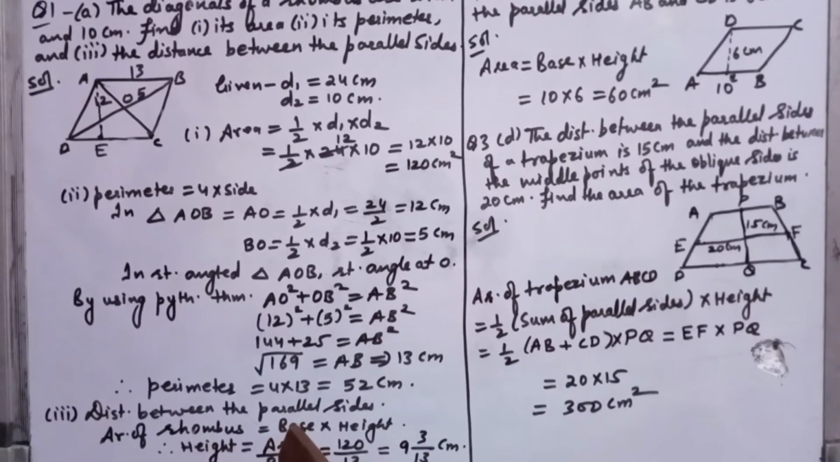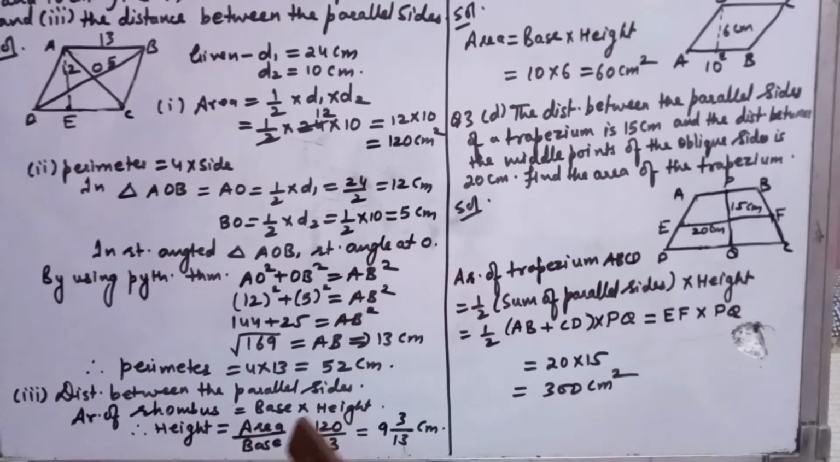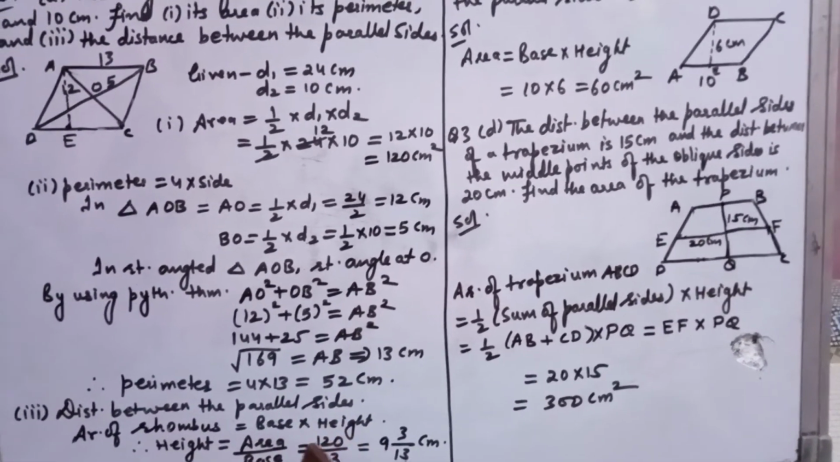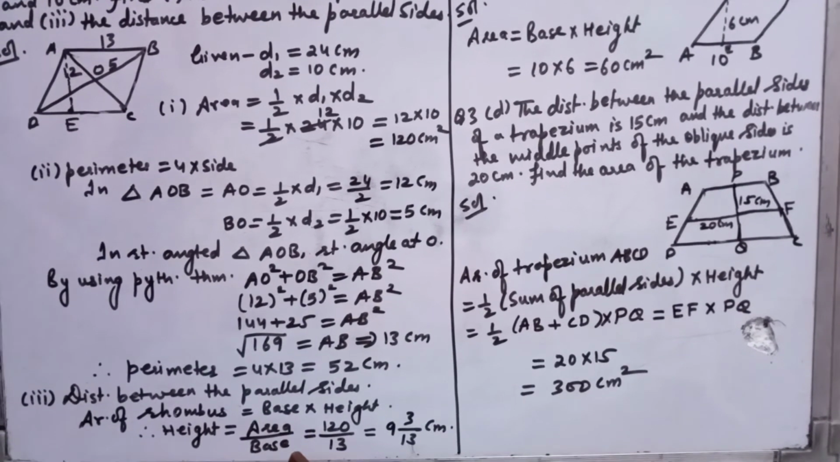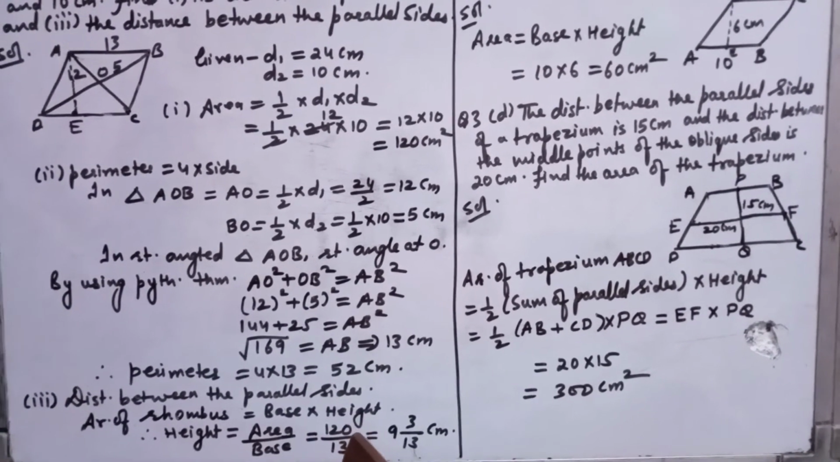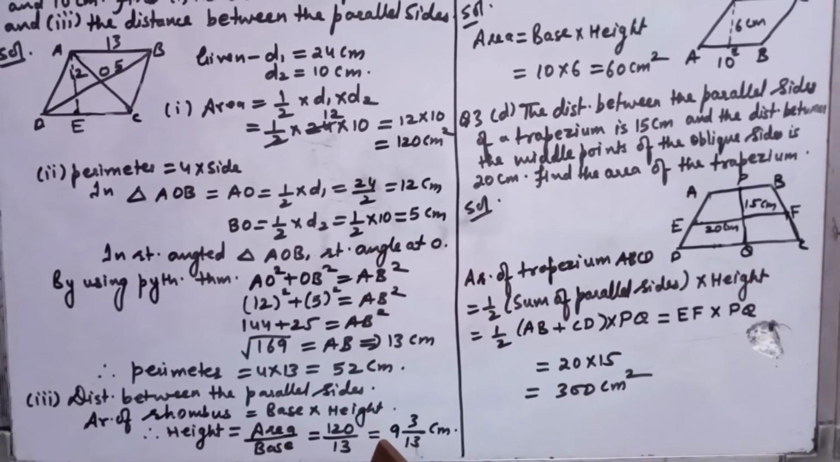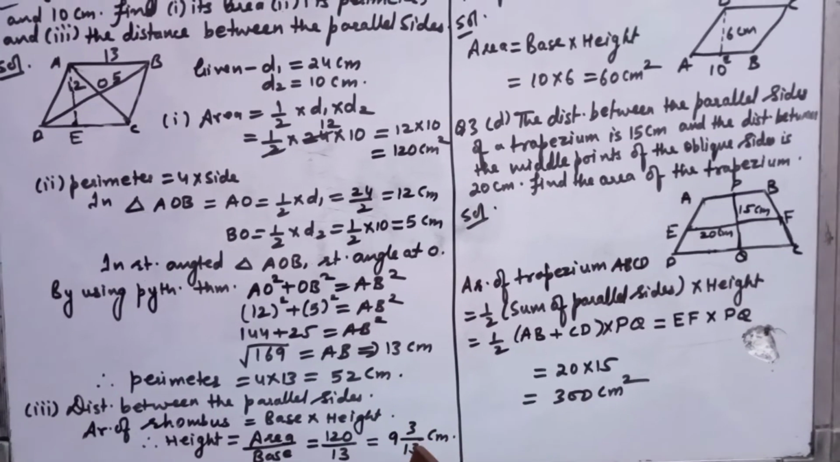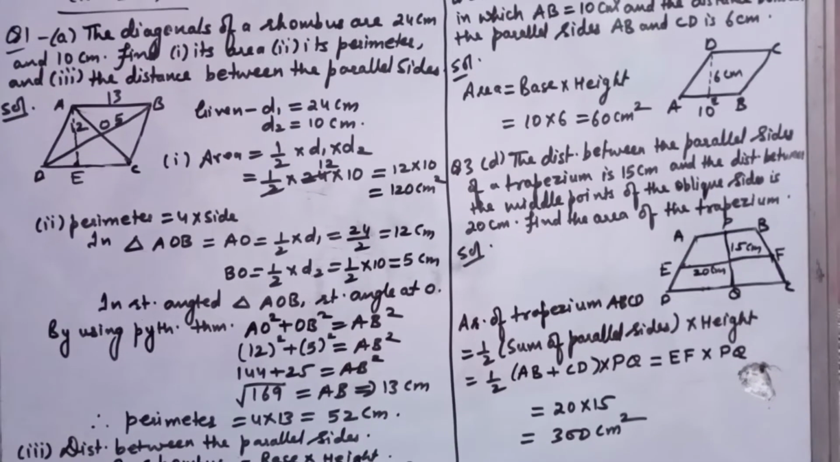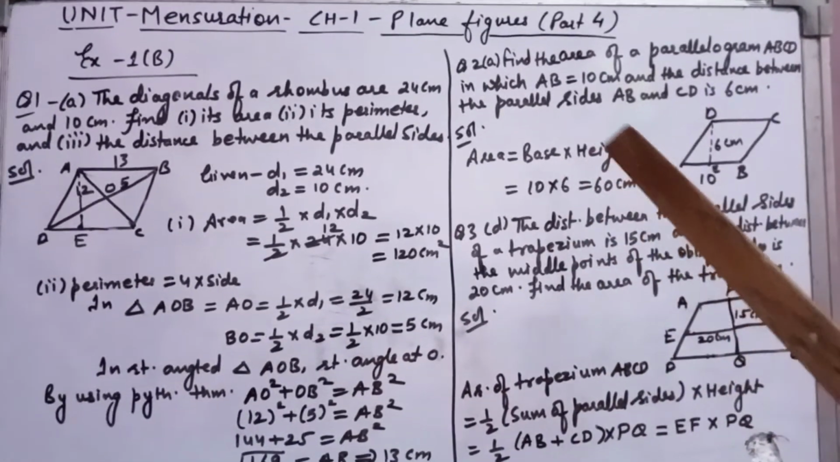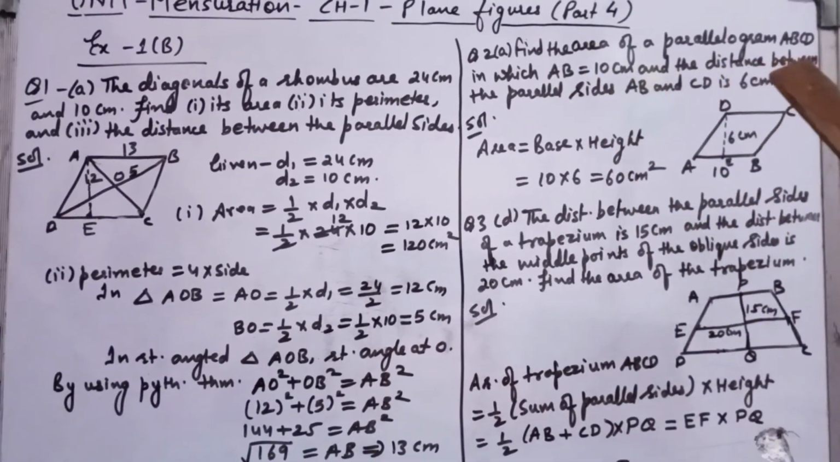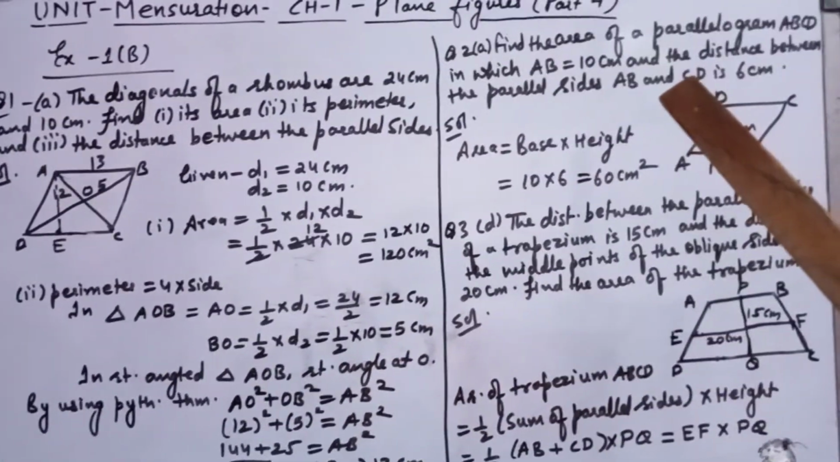And third, we have to find distance between the parallel sides. So area of rhombus is equal to base into height. Therefore, height is equal to area upon base. Area we got 120, base is 13, which is 9 whole number 3 upon 13 centimeter. Understood, student? Now question number 2a, find the area of a parallelogram ABCD in which AB equal to 10 centimeter